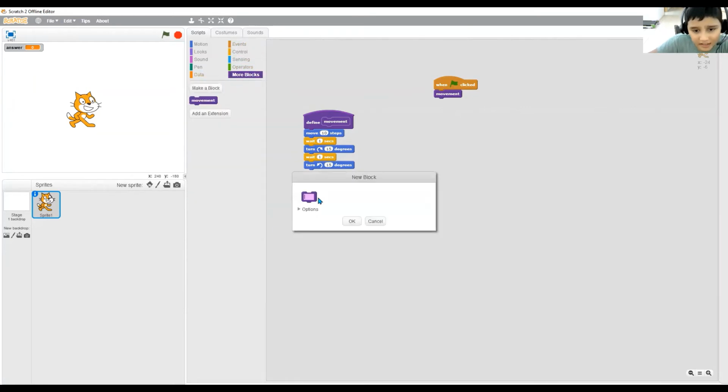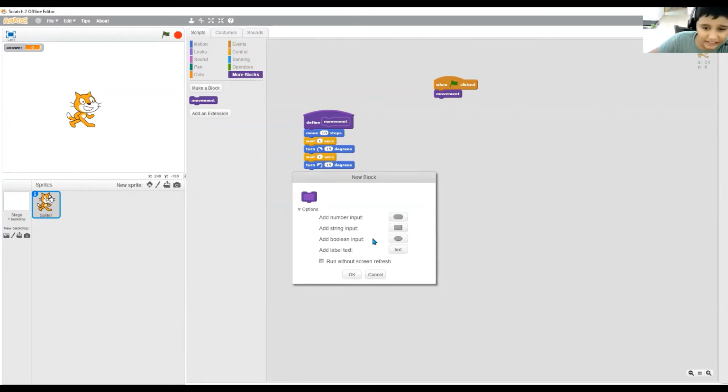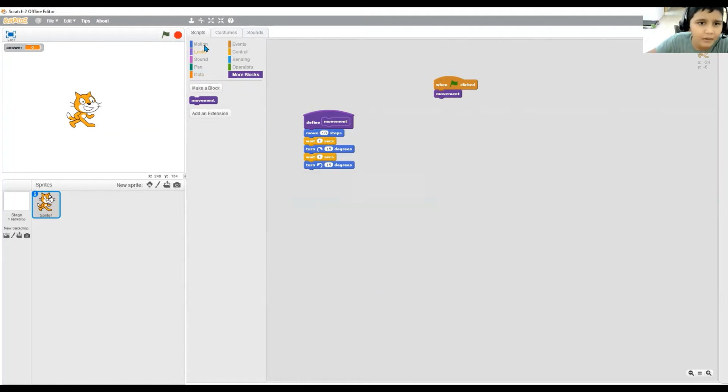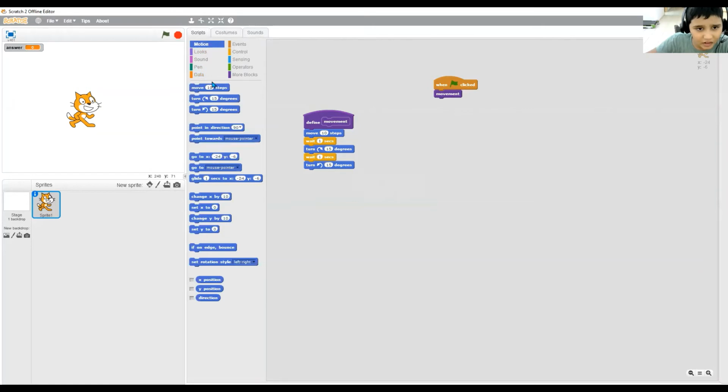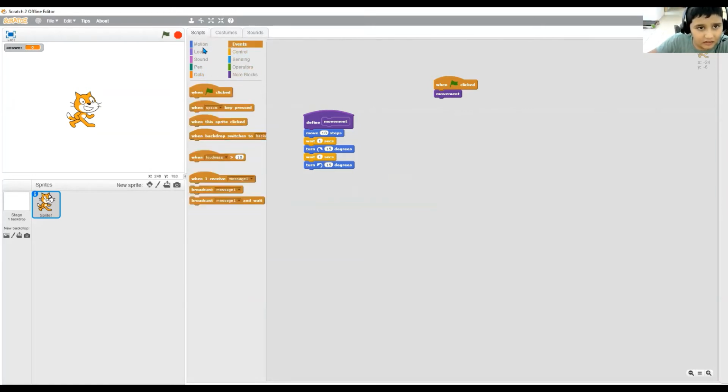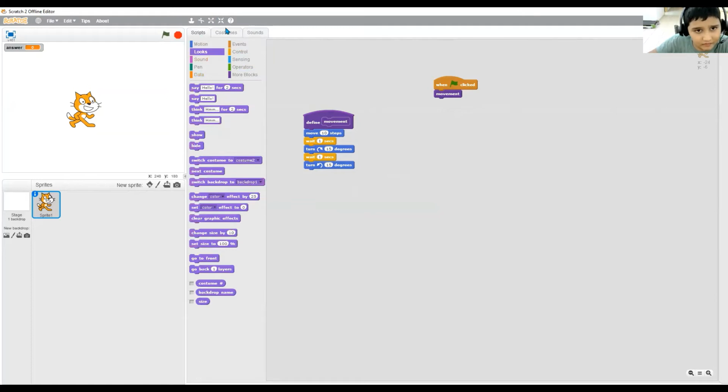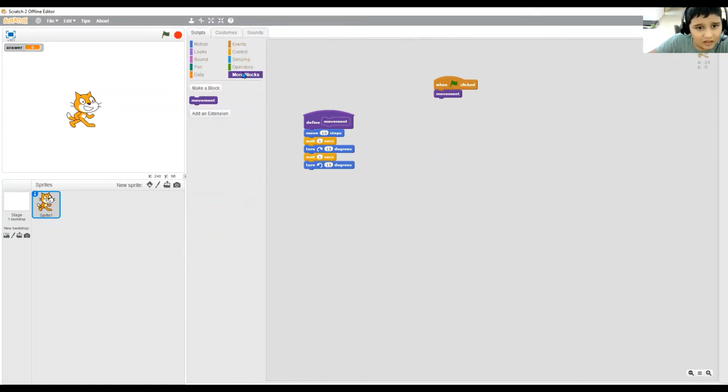So the next one, as you can see, is string input. String input is just a normal block, like move 10 steps. These all are called string input. Like this, it's just a normal block. So the next type of block is